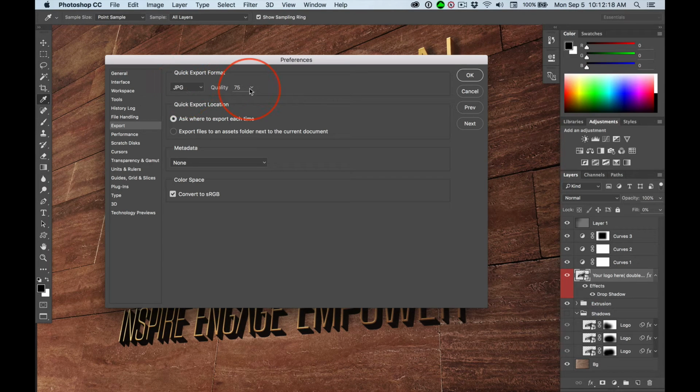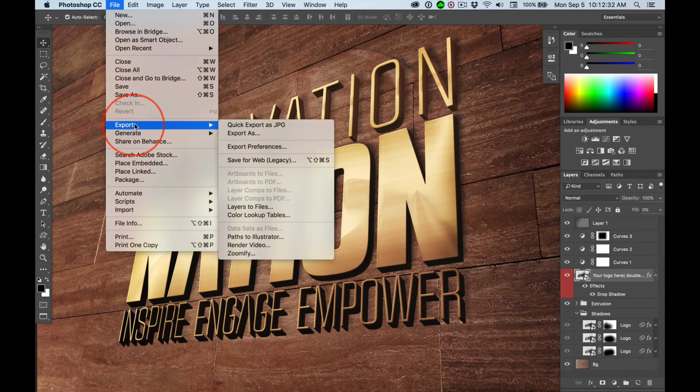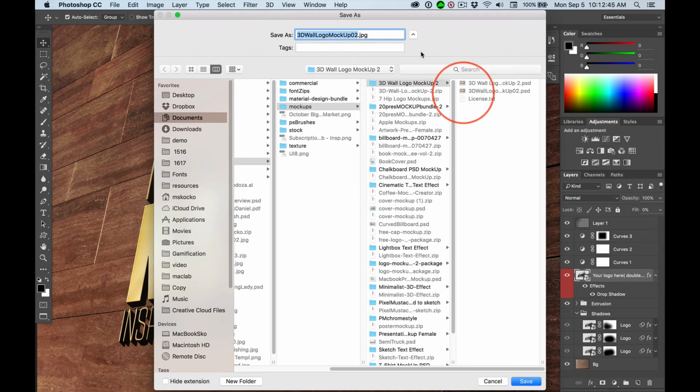So JPEG quality 75. Go ahead and set it to 75. Ask where to export because we're going to put it somewhere in particular and convert. This is fine. Click OK. Now, from now on, when you go File, Export, Quick Export, and now it says JPEG. And remember, if you want to put something on your website, we're using this because we're going to change the size. All right, so when you do a quick export, you get something that drops up here.